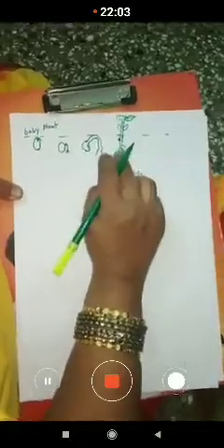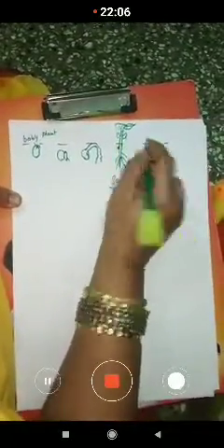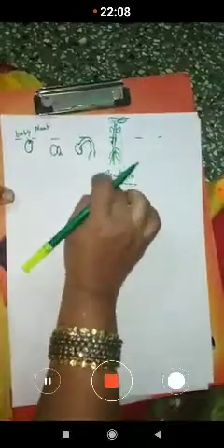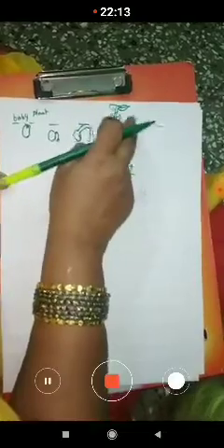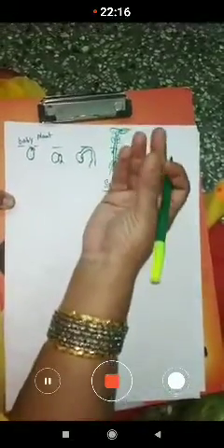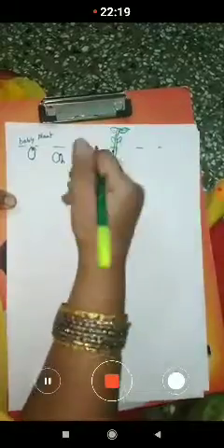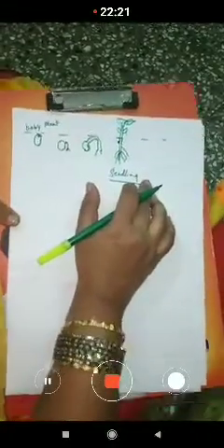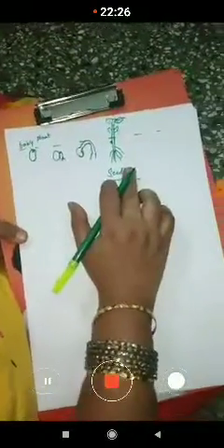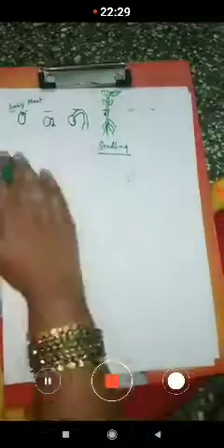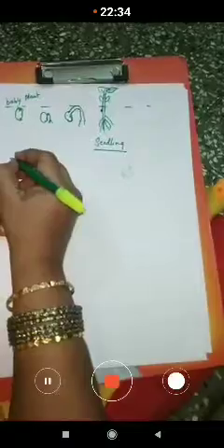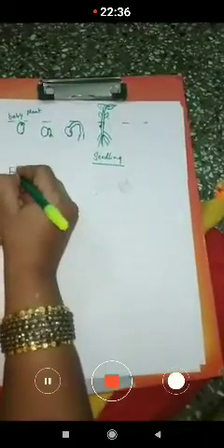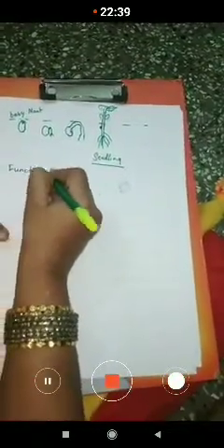Now after some days, what happens? These cotyledons, as it becomes a young plant, give the nutrition to the plant, and slowly what happens? They dry and fall down from the plant, children. Then it grows into a fully grown plant, and it produces flowers and fruits. So this is the germination of seed into a young plant. Okay. So now after learning this, we will move on to the functions of the seed.